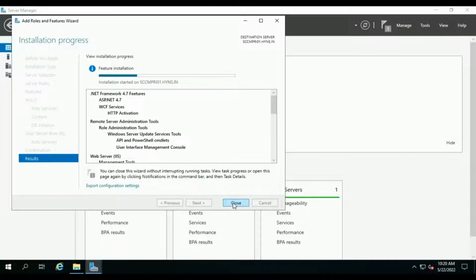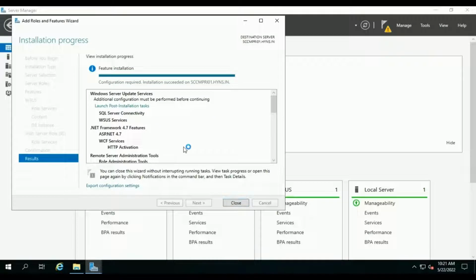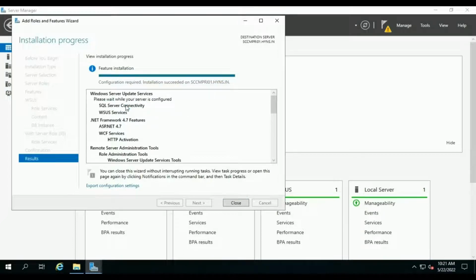So let's wait for some time to complete the installation. Alright, our WSUS role installed successfully. Let's launch the post installation task to configure the database. Click on launch post installation task here, and it will run the backend script.